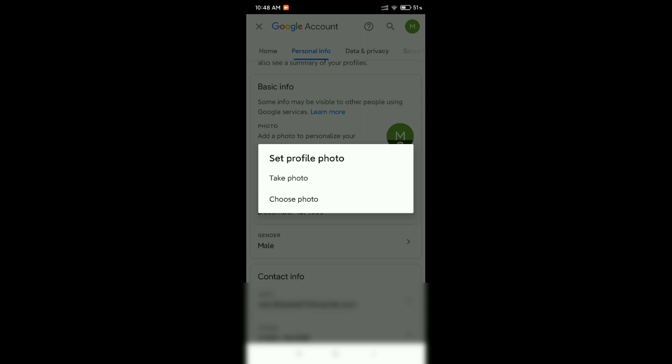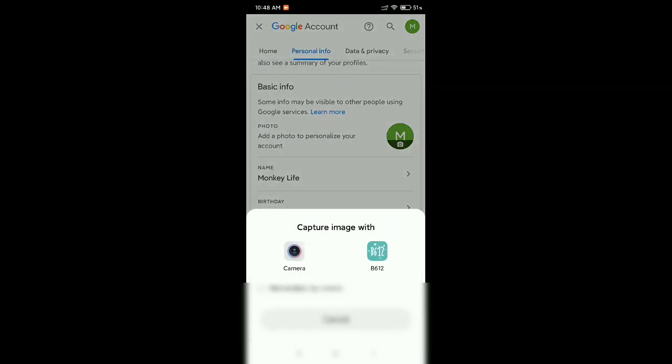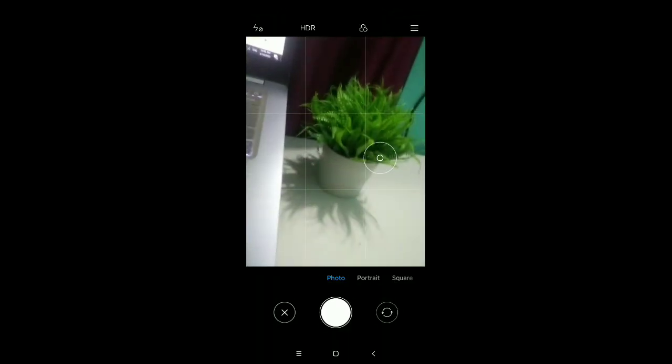If you have a photo in your phone gallery, then you need to select choose photo, or if you want to take a photo, you need to select take photo. I just select take photo, then select camera, then like that I select this photo,